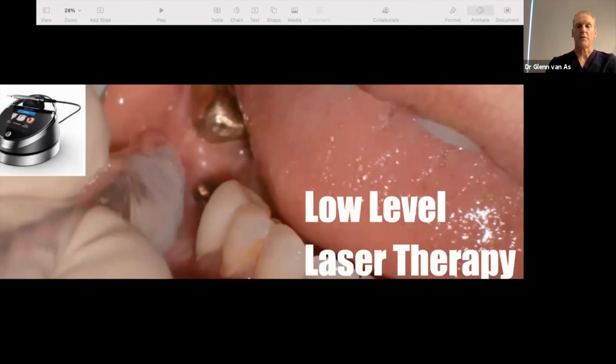So I talked to you a little bit earlier about utilizing a diode laser for low-level laser therapy, and I really want to strongly encourage you to look into this. This is something that can be a game changer for you, and if you have a diode laser, you can utilize this. And often, I don't put a tip in. I just use a barrier over top of the handpiece so no debris gets onto the laser itself, but we just use a barrier over top if it's a big spot size, and I just use it for a minute. There are lasers that have the built-in settings over top of them. I know I'm in Canada, so I'm not sure which lasers in the US have that, but I know, for instance, Zolar laser has it built in, and I know that the Epic X, I think, has it built in as well, the low-level laser therapy,